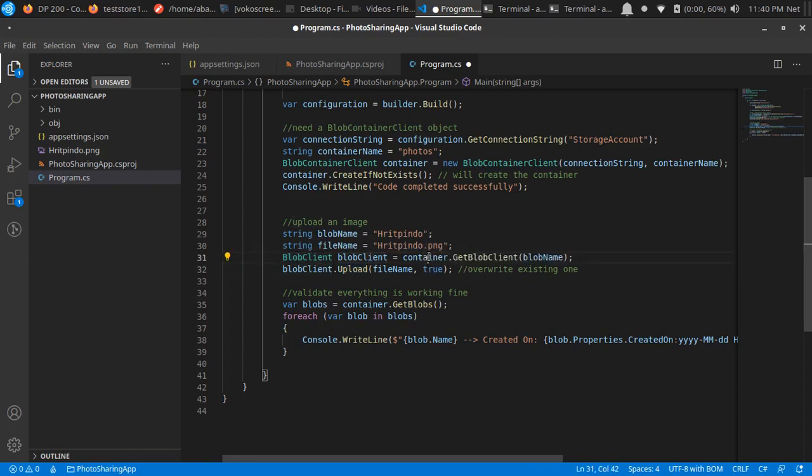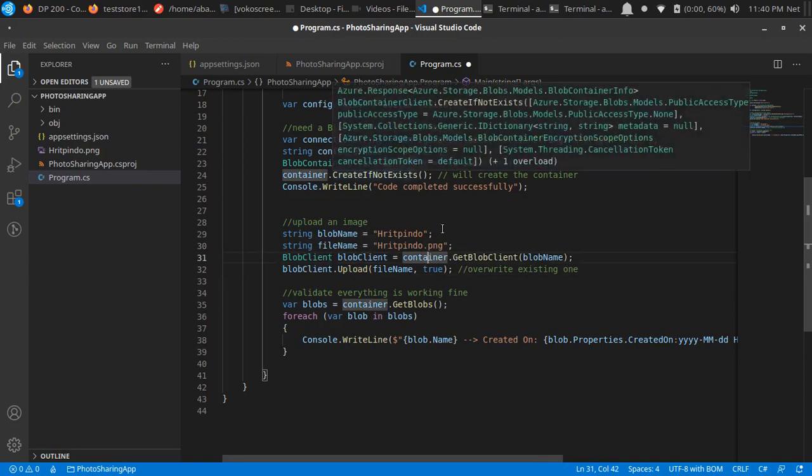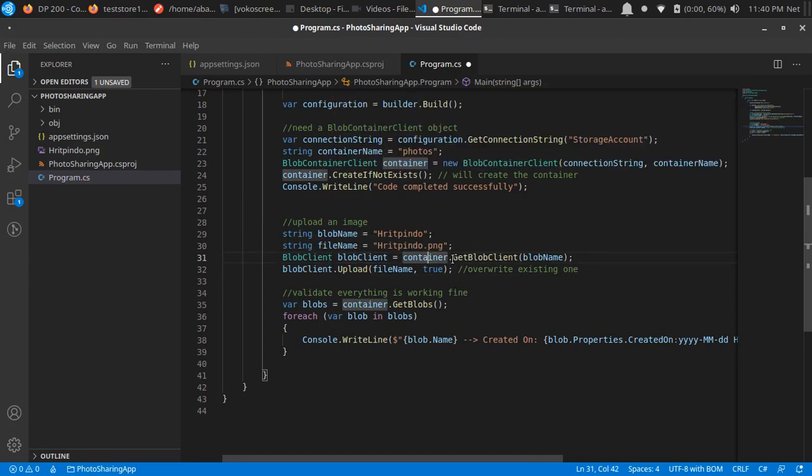So blob client is, again, it's gonna go back to the container and then ask the container to get a blob client, and to the blob client we're going to provide that particular name. Okay, and then the blob client can upload this file, and true means if the file is already available under your photos container, it's going to override the file. Okay, now you can validate,